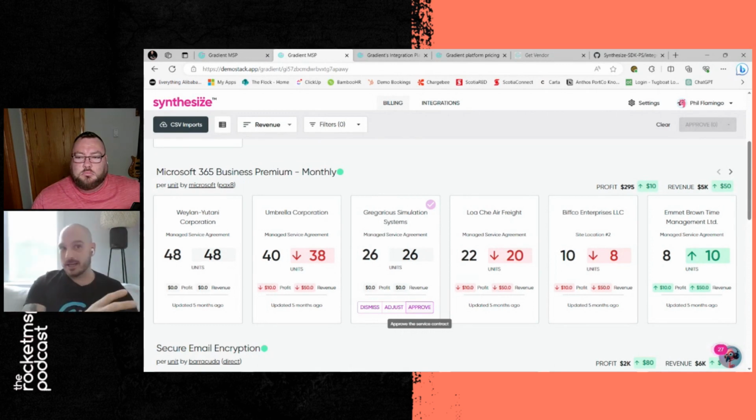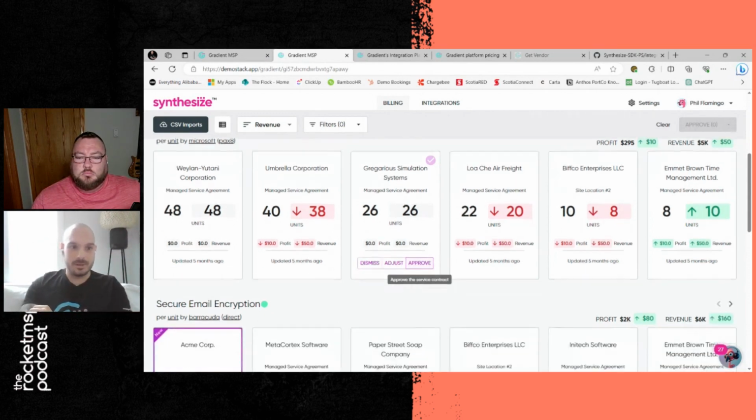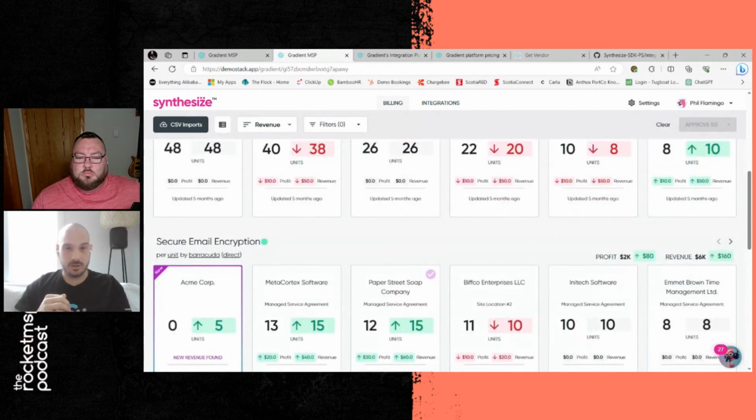So if you misclicked anywhere in the beginning, you could now be adding some kind of secure email encryption service for a client that actually doesn't use that because you misclicked the client of the contract right below or right above the one that you wanted to do in this massive list. So it gets really ugly. There's a lot of opportunity for error, which means there's a lot of opportunity to erode or lose client trust and get those phone calls.